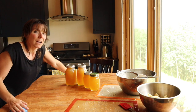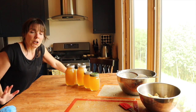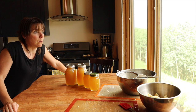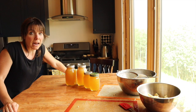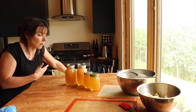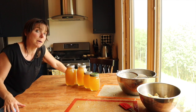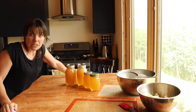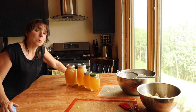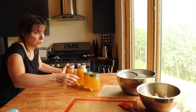Also, I'm keeping an eye on the season because it's not over yet. We just got a huge thunderstorm this afternoon, and we've got more wildflowers going. Things aren't drying up just yet, so we definitely have a little bit more of the season to go. It's hard to determine. I'm still trying to figure out when the nectar flow is in the mountains, so it's probably still ongoing. I'm going to keep an eye on it. I'm going to put those empty frames back in the hive tomorrow, and the bees can clean up all of this mess. I did want to show you about the,